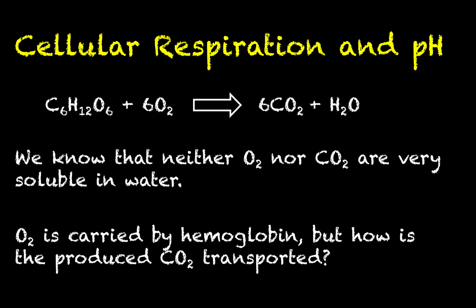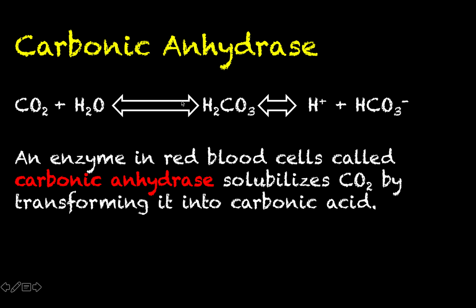Well, one of the ways we get around this is by using an enzyme-catalyzed reaction that will actually solubilize carbon dioxide. This enzyme is found in red blood cells, and it is called carbonic anhydrase. You can see the reaction that is catalyzed here takes carbon dioxide and water, the two major byproducts of cellular respiration, and converts it into carbonic acid, H2CO3, which, as a weak acid, will partially ionize into a hydrogen ion